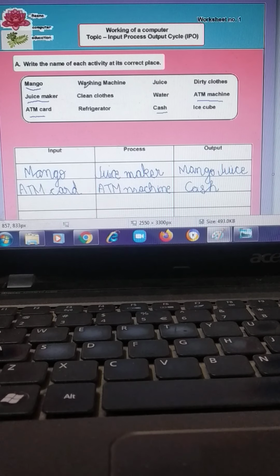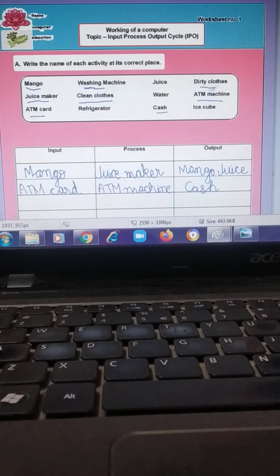See, this is washing machine. In washing machine, what we will put? Of course, we will put the dirty clothes. At the end of the day, our clothes got dirty now. So we will put these dirty clothes in the washing machine. Then what we will get? We will get these clean clothes.